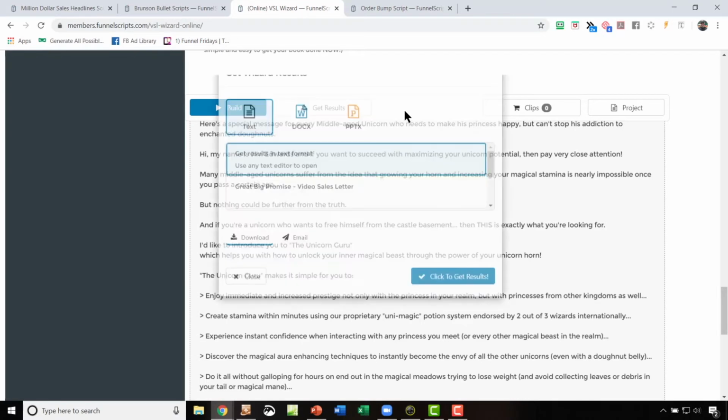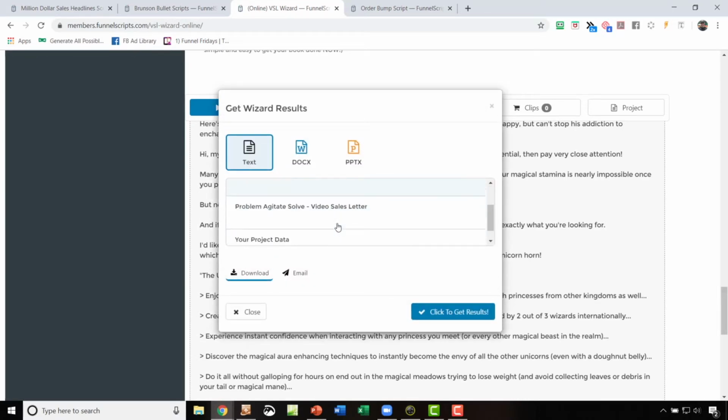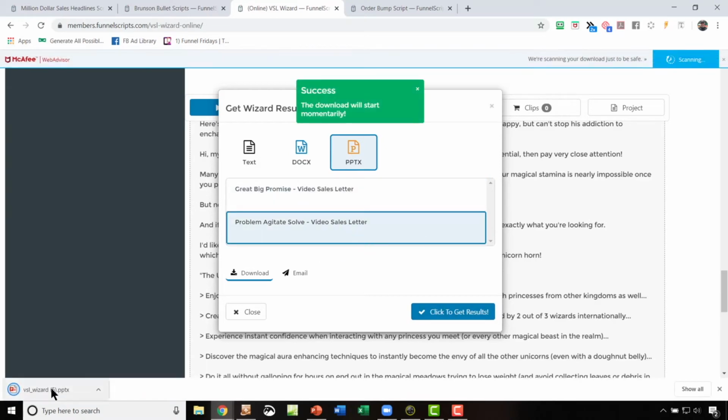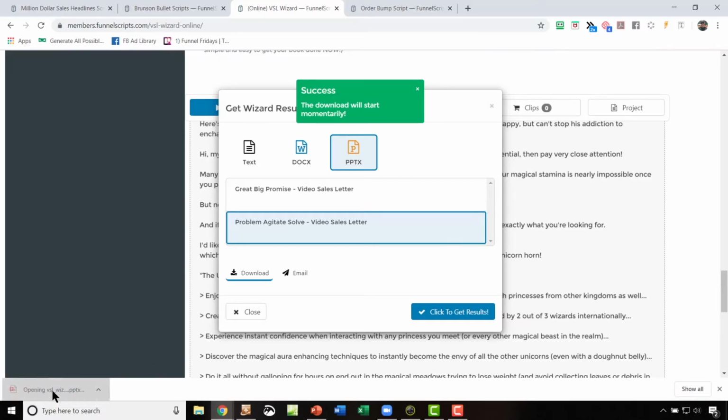So once you hit that button, it's going to give you an output here. But the important thing to understand is that this actually generates two completely different sales letter formulas. It does the Great Big Promise and the Problem, Agitate, Solve. Typically, you use the Great Big Promise one with warmer traffic. Russell talks about traffic temperature inside of Dotcom Secrets. But Problem, Agitate, Solve is typically for when somebody's really cold traffic. And it will output it for you in DOCX, but it'll also output it in PPTX, meaning you have slides that you can open in Google Slides, you can open in PowerPoint, you can open it in,